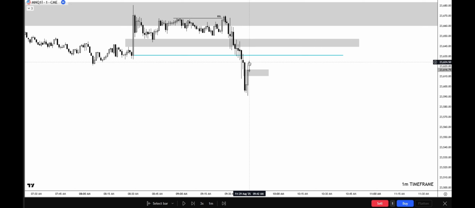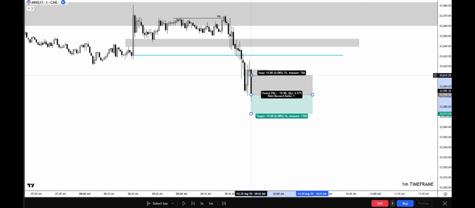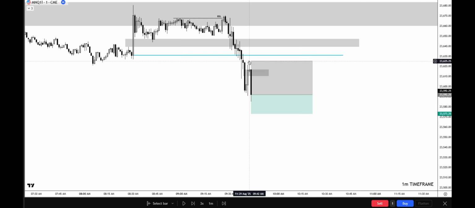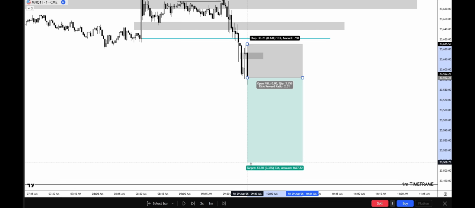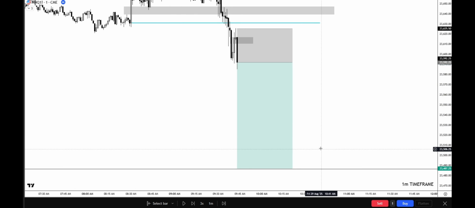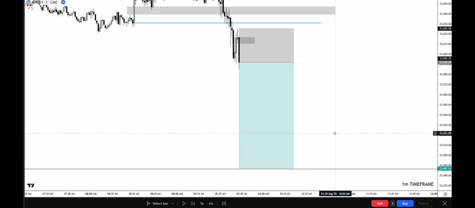This candle shows the pressure of the trend as it comes. What I can possibly do is take my entry here and put my stop loss at this protected high, where I'm not expecting price to go and sweep this high. I want to see either 2 RR or at least this. If I let this play out,